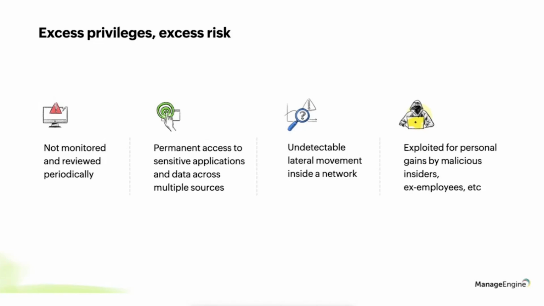They create a permanent access or a loophole to sensitive or privileged servers, applications, and so on. And if there is a privilege abuse attack, or if someone is using someone else's privileges to gain access to your system, or if there is an insider threat or an external attack, they can move easily within your network undetected using lateral movement, right? And they could be exploiting your enterprise security